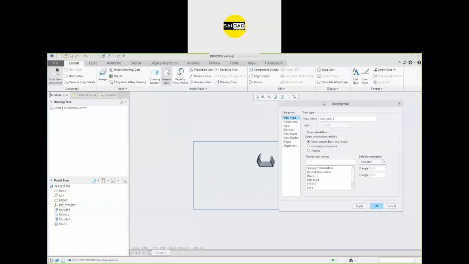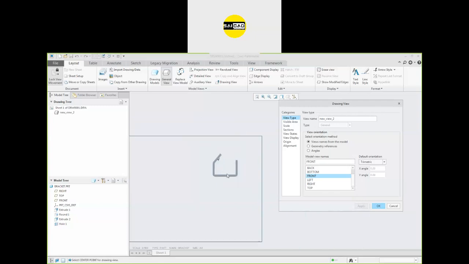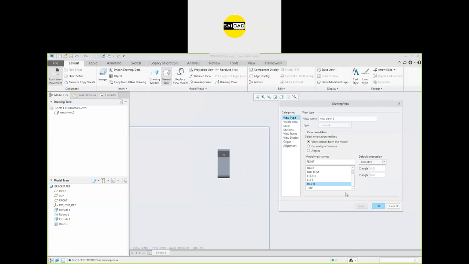After that, we have the drawing view option. From here, you will set everything for this view. You can change the view type. We have the orientation here. Like, I want to see the front view. So click apply, and the view will be on the front. You can see that this is the front view. You can change that to right, change that to top like that. First of all, I'm going to use the front view. If you want to use the standard orientation, select isometric from here. Click apply and see, we have the isometric view.